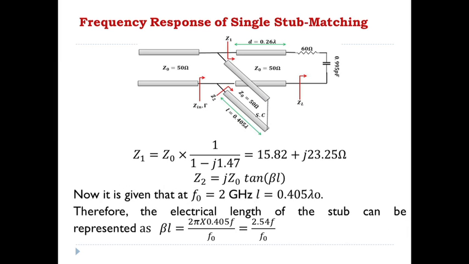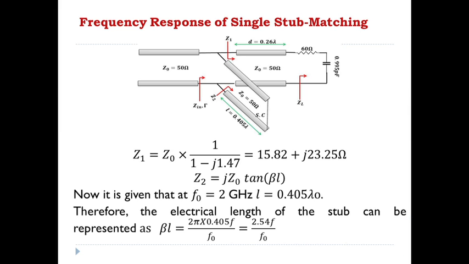Now, the frequency response of single stub matching, you see this same design. Let us say that we have taken some values: D is 0.26 lambda, D meaning the position of the stub from the load. Say the load has a resistive part of 60 ohm and let us say that some capacitance is there. So, the load is 15.82 plus something. When it is converted here, this is called Z1. So, Z1 is given. Now, Z2, the stub part,